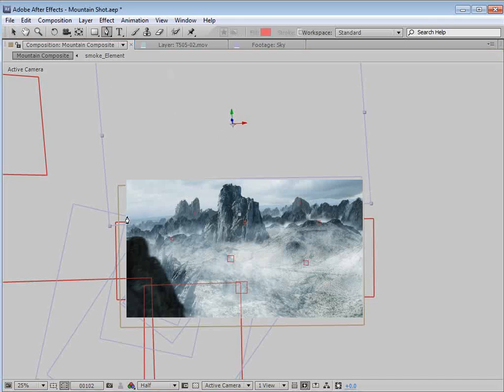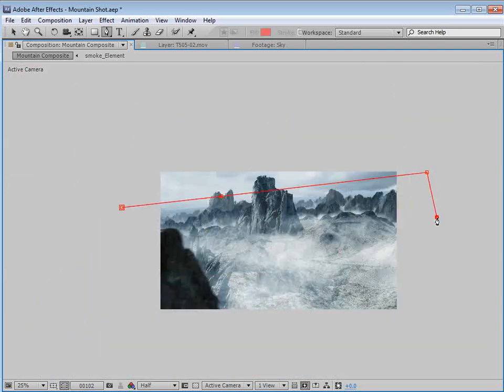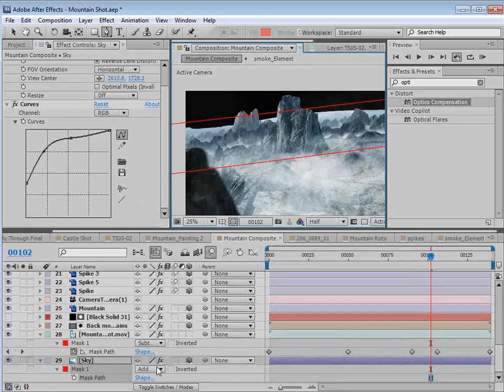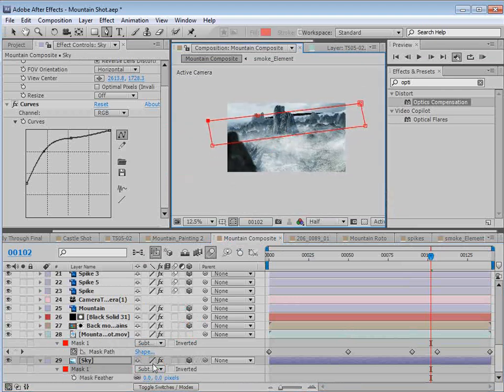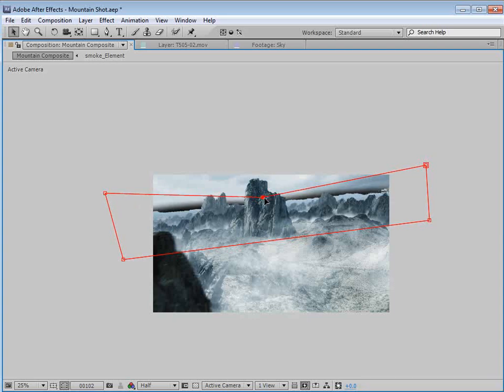If I take the very edge, very close to the mountain, and create a mask, I can subtract that part from the footage and even feather it out a little bit. Now remember, we have that lens distortion on, so we need to adjust our mask a little bit. So we'll just tweak it a little bit. We just want to create a little bit of a hole that we can fill the background back in with